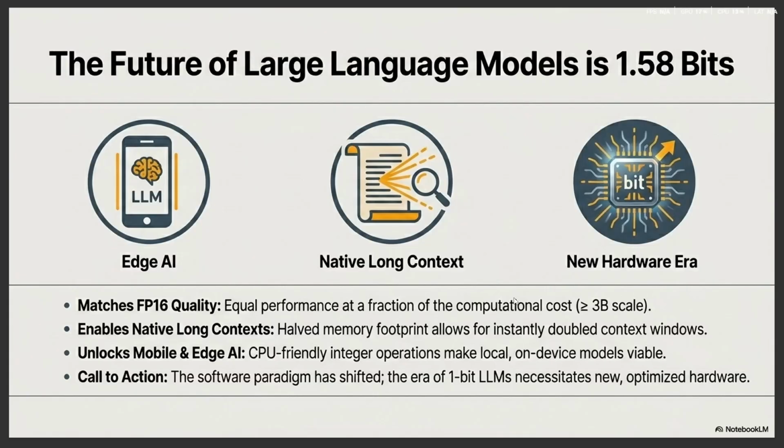To conclude, BitNet b1.58 shows that large language models may not always need full 16-bit precision. By using ternary weights, -1, 0, and +1, the model can reduce memory, latency, throughput cost, and energy consumption. This can open the door to several future possibilities. First, LLMs can run more efficiently on edge and mobile devices. Second, reduced memory usage can help support longer context length. Third, this can motivate a new generation of hardware design specifically for low-bit LLMs.